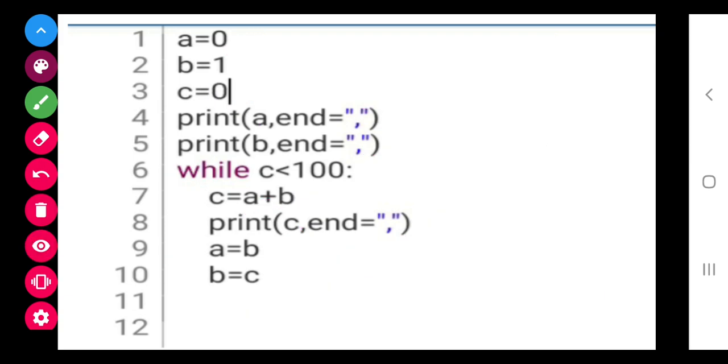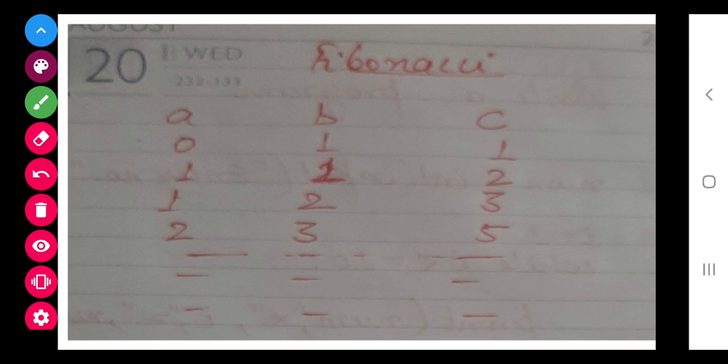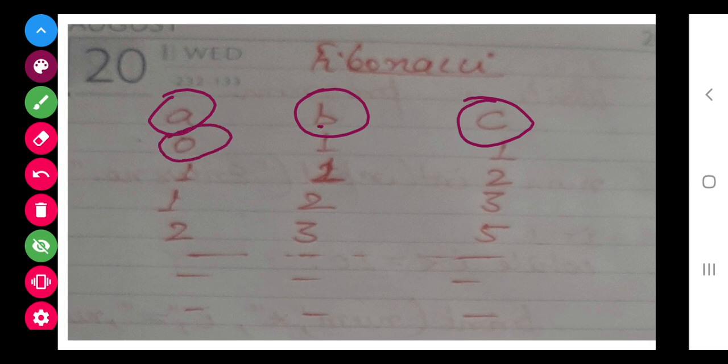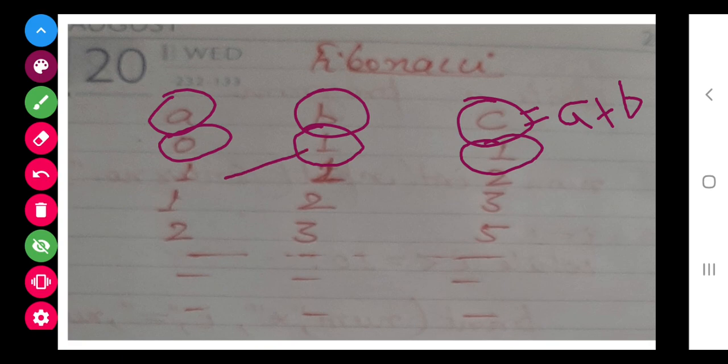So class, see the dry run of it. In the dry run I have taken a as a variable, b as a variable and c as a variable. Initially the value of a is 0, the value of b is 1, and the value of c will become a plus b. Next time we exchange: the value of b will be given to a, the value of c will be given to b, and the sum of these two will become 2.